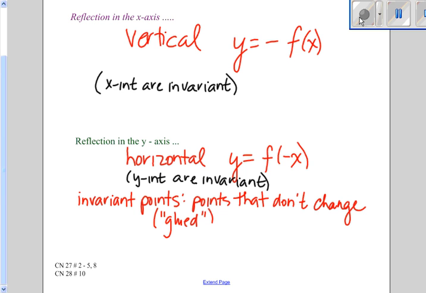Please try course notes 27, 2 to 5, and 8, and on course notes 28, number 10, and I believe the solutions are